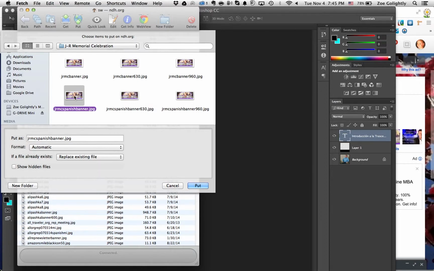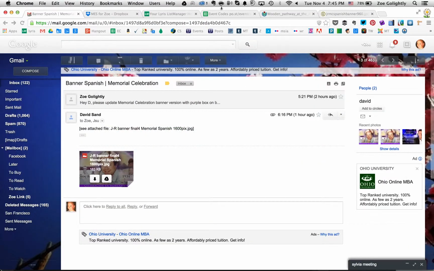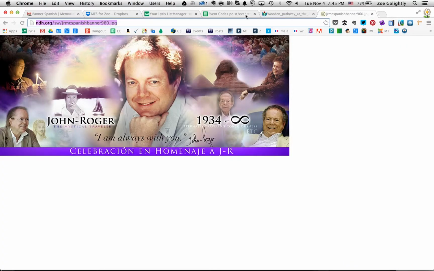So I'm going to highlight by clicking Command as I click the other ones. I'm going to highlight all of them. Or I could do them one by one, but I'm going to highlight them all, the ones that I want, and hit put. And that has effectively loaded all three images, and you can see the success down here, if it says transfer. So then what I do is I go over to the web, and then I want to find out, did it actually